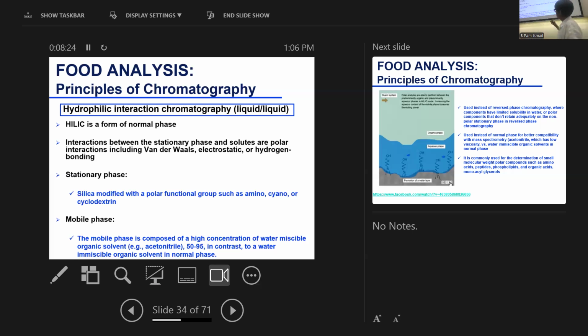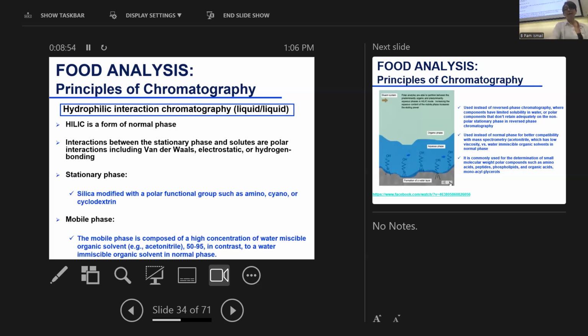Silica usually is your stationary phase that is bonded with a polar functional group. So that would make it a polar stationary phase in both normal phase and HILIC, the same. And the mobile phase is different, either immiscible in normal phase or miscible with water in hydrophilic. Now, why is this